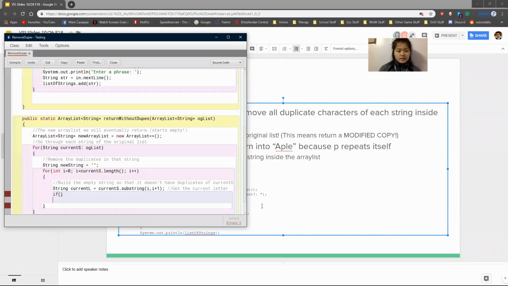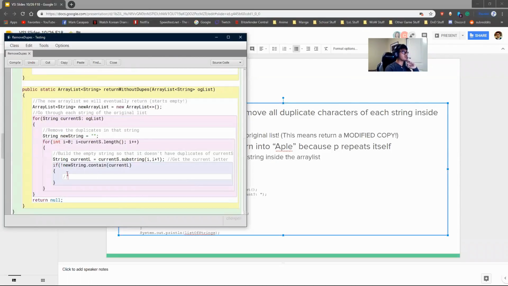So what you can say is if new string does not contain current letter, current L, then do something. Now we have to think about what that something is here. What this is saying is if the letter isn't already present, then we have to add in